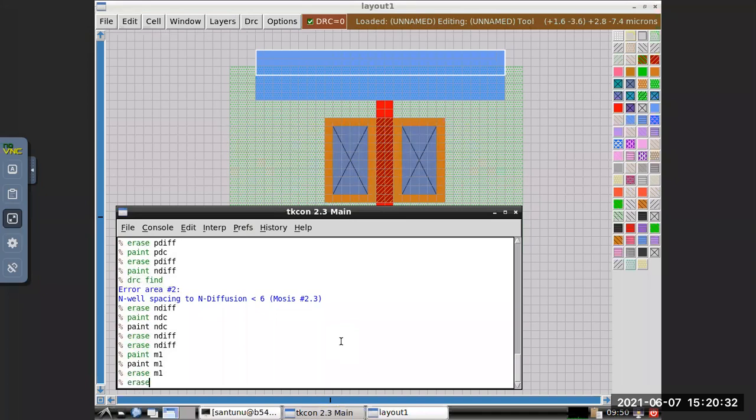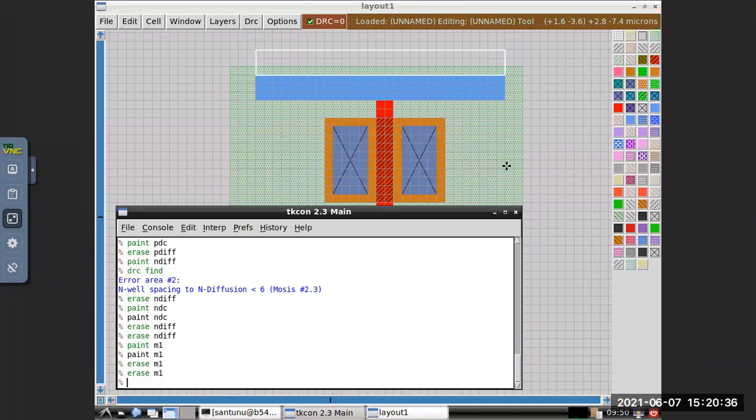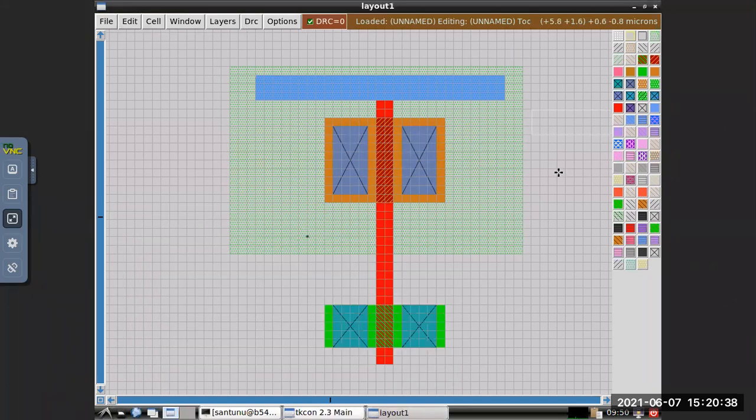Erase M1. So clear. Here also you can do the same thing.